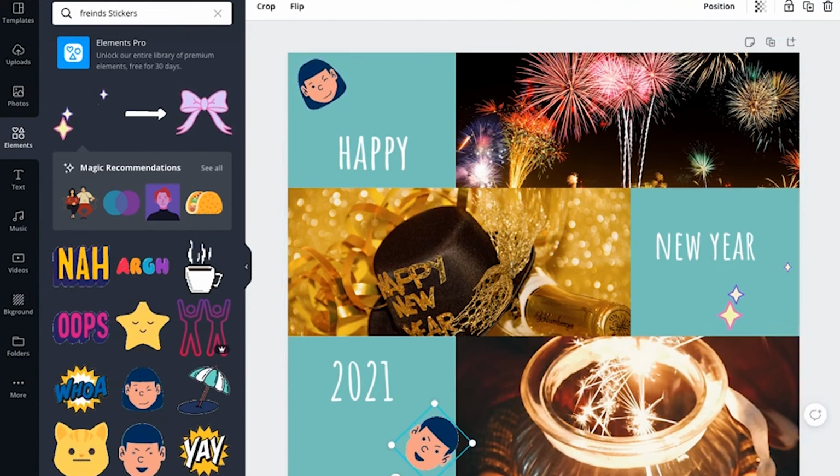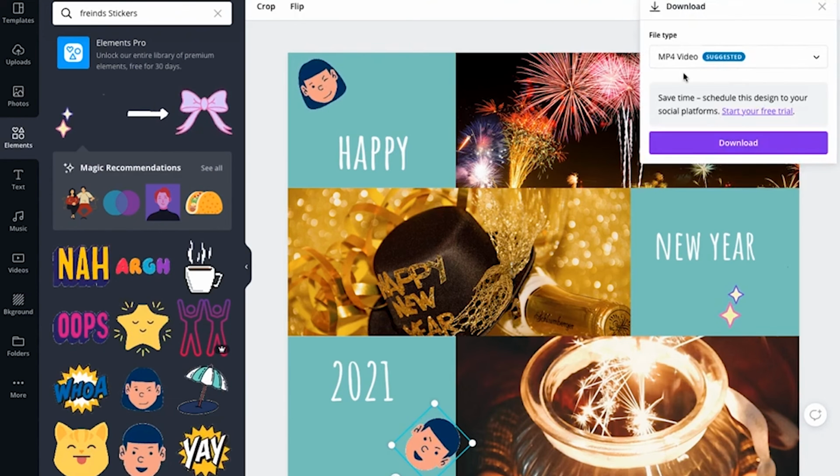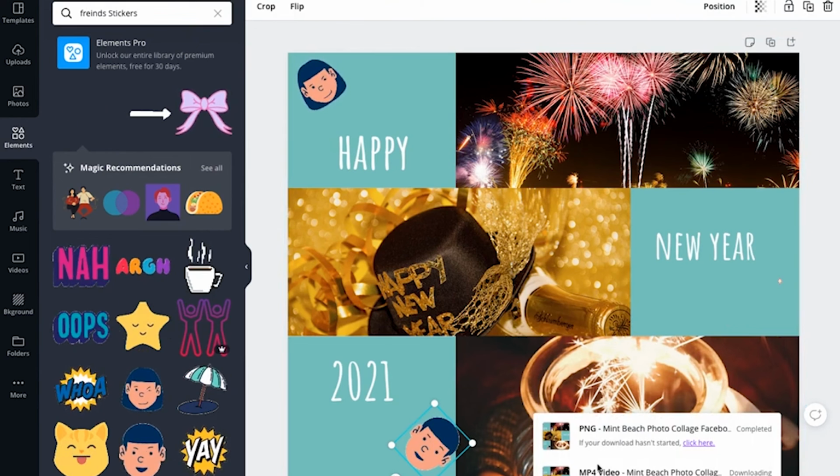So you can also download a video format, not an issue at all. And the file format will be different now. It will show you as an MP4 video. You can download this and then just publish it to your Facebook or to whichever social media platform you want. Because this is a Facebook poster template, I am going to publish this to my Facebook, but let me just quickly download it and show it to you how it looks. So I've clicked on download. It is downloading now. Let me just open it once it downloads, and then I will show you how it looks like.